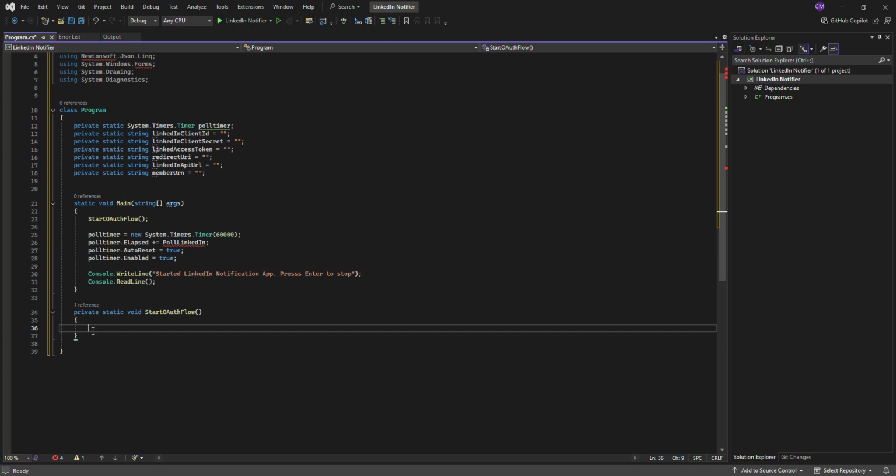So the first thing that we need to implement inside this main method for the StartOAuthFlow, remember here we need to be using the OpenID, profile and email to pass the scopes. So then we will say var authorizationUrl equals to,